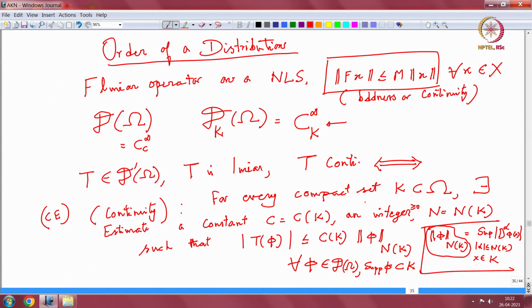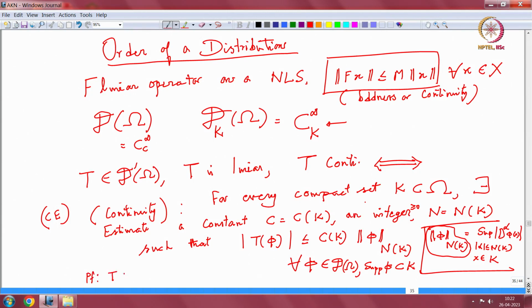So, for a given compact set, that means for a given phi, T phi can be estimated with finitely many derivatives, and this norm is finite because the support is in K. But as the compact set changes, the n may change; it is possible that n may go to infinity. Of course, in D(omega) the compact set can be different and different, and that will tell you. So, the proof of this is basically